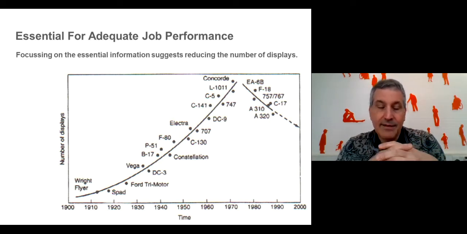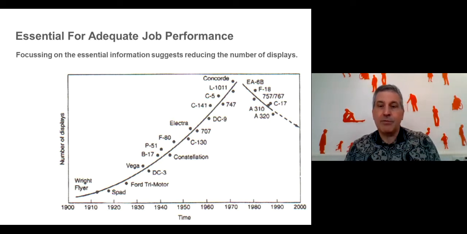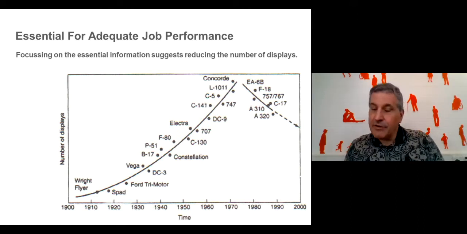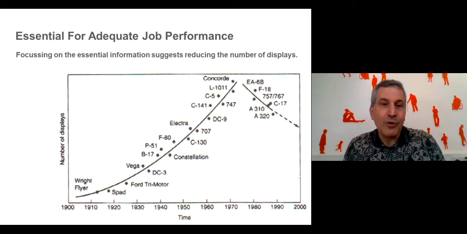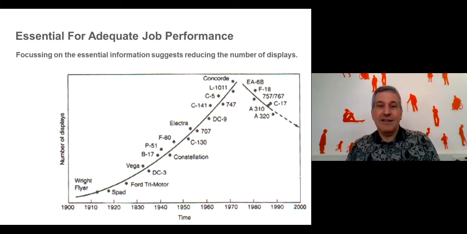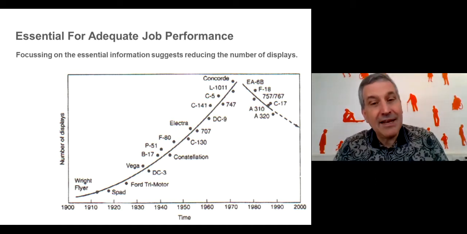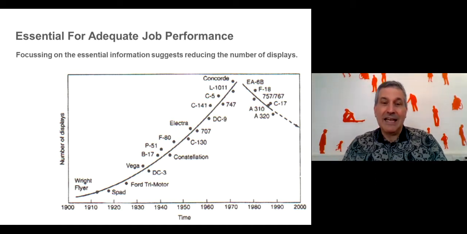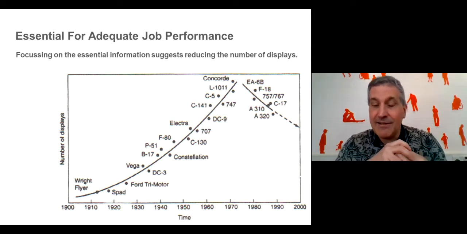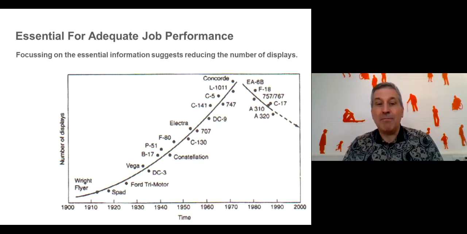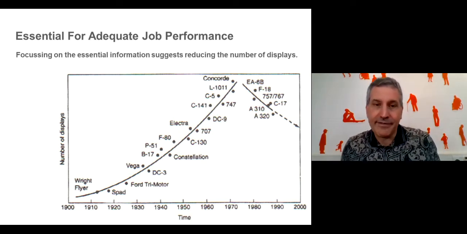By the time you get to the Boeing 747 jumbo jet or the Lockheed or the Concorde, you're starting to have situations where even 2 or 3 pilots are not always in full awareness of everything that was being displayed everywhere around them on their panels. So then computers come along in the 1970s and the 1980s. They start to become powerful, they start to become cheap, RAM chips and so forth drop in price, and we